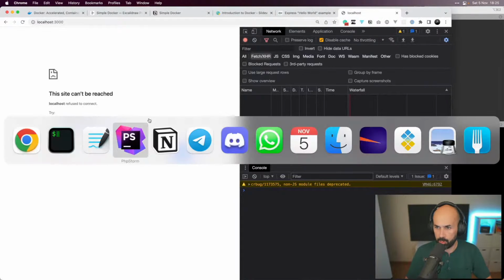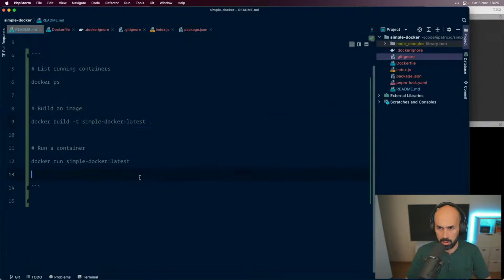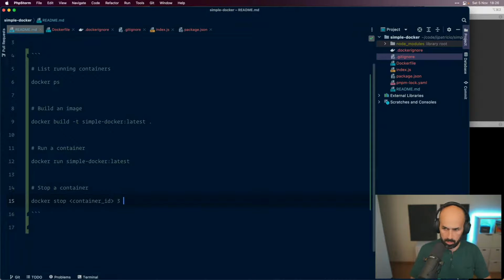So there's one more command to take into consideration: docker stop container ID, or the first unique letters, for typing convenience. Cool. And we're almost reaching 1 hour,